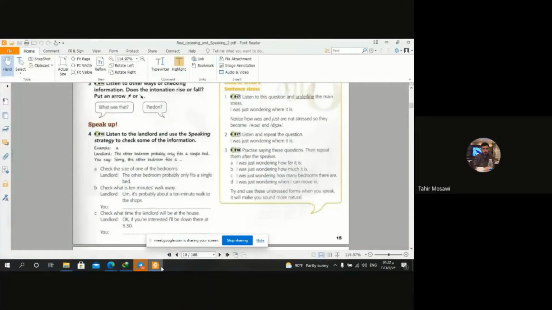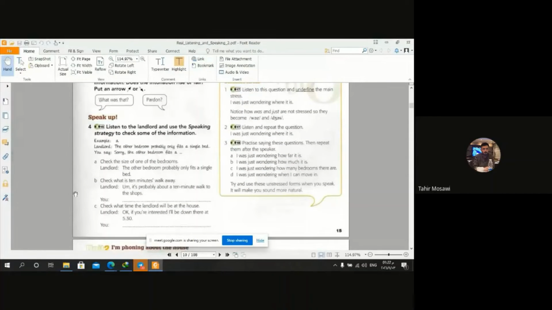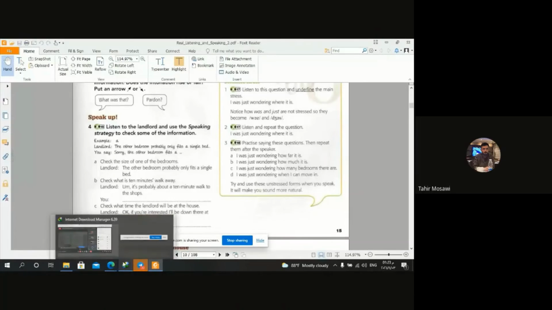هسه ينطينا مجموعة exercises متعلقة بهذا الموضوع. ممكن بالامتحان أيضا يجيكم هيك إنه how to politely make someone repeat an information or how to check an information. فهنا يقول it's probably about a 10-minute walk to the shops. فأنت هنا سمعت ال 10 minutes وعرفتها إنه ماشي بس ما عرفت 10 دقائق مشي لوين انقطع الصوت. فشو راح تقول له عفوا 10 دقائق مشي لوين؟ 10 دقائق مشي لشنو؟ بهالطريقة.